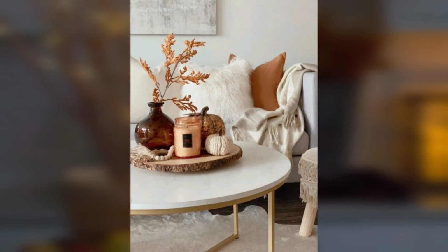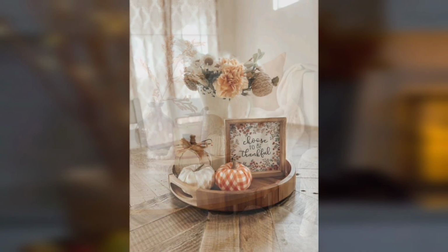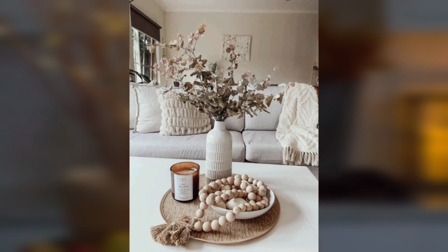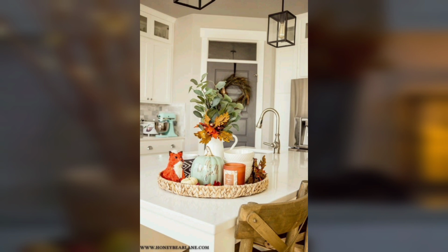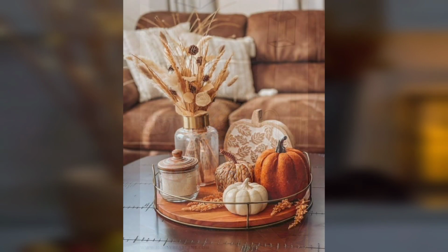And these ideas are not a luxury, they are simple, and you can choose from them, and you can decorate your coffee table ideally and very easily and simply with the candle stands and with the vases. Just a choice of colors matters a lot in it, and you have to choose the fall colors for pumpkin,